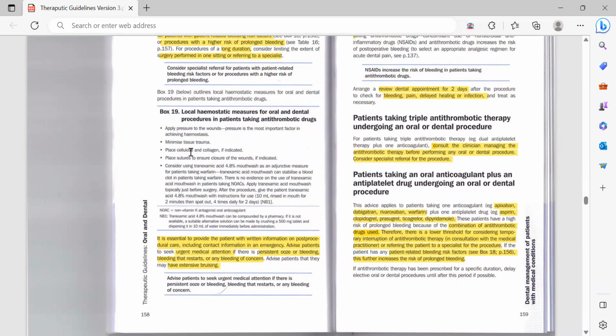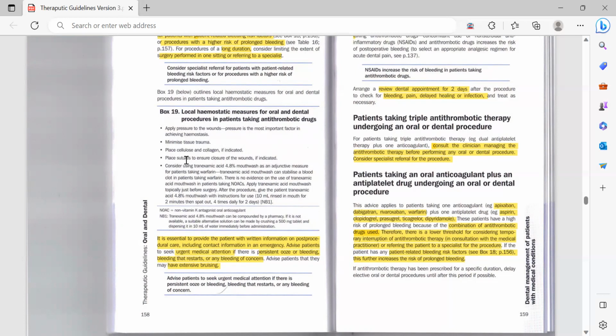You can also place cellulose or collagen. It would help in better healing. If you have manipulated the area a lot, you can also try to place some sutures that would help to ensure the closure of the wound, if indicated. So the pressure is the best thing that you need to do. These things are in addition, either the cellulose and collagen or the sutures. They are if indicated, because if you have done any surgical extraction, then you need to do the sutures, otherwise the healing would not be